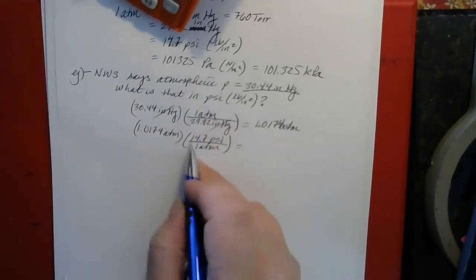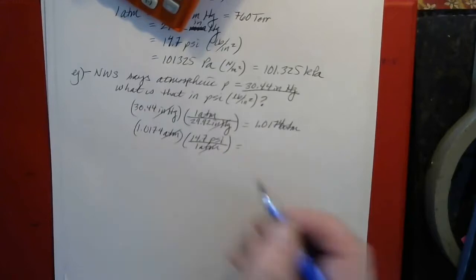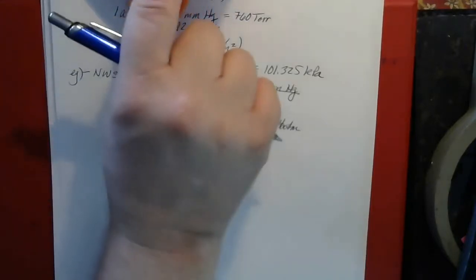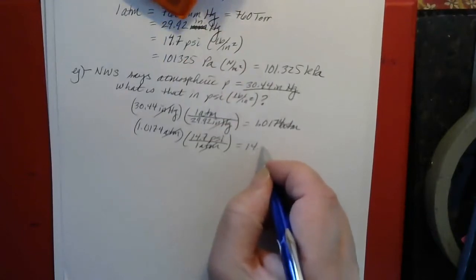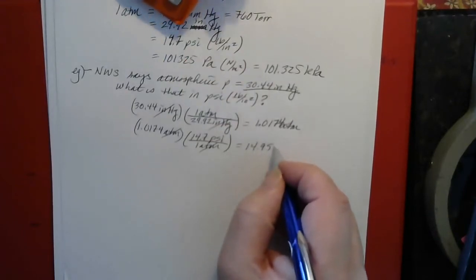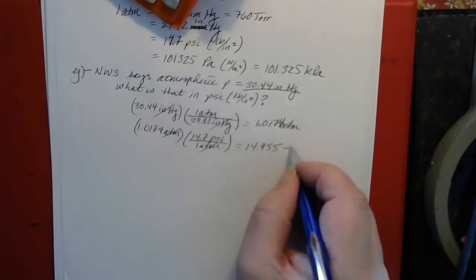would be number of atmospheres times 14.7. So now you can see atmospheres cancel and we get 14.955. And let's see, looking at this,